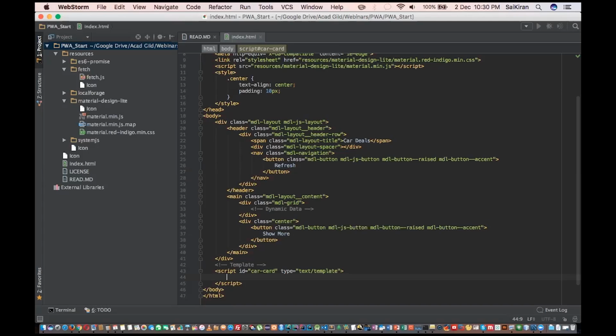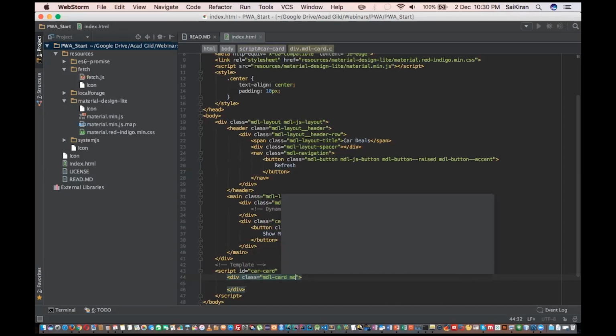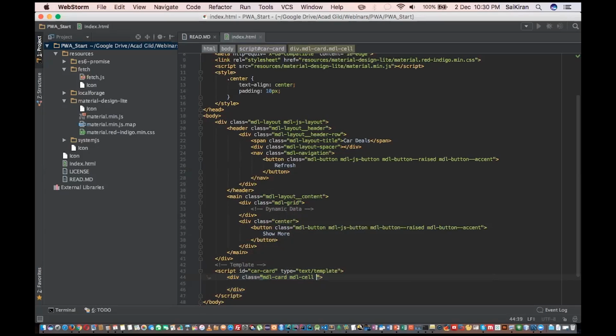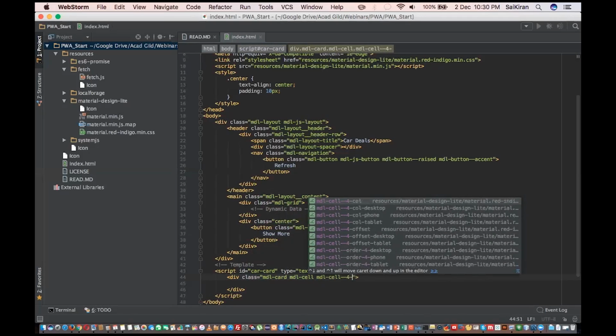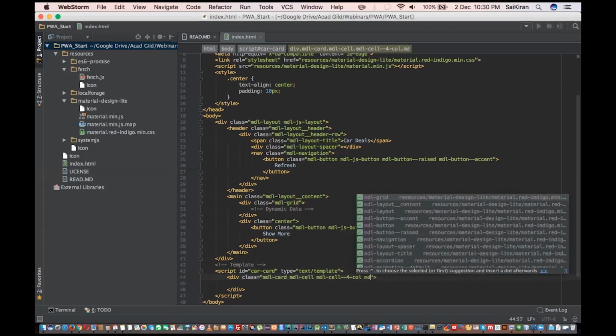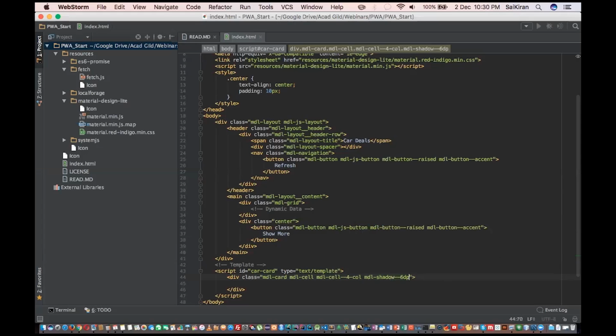Now, what I'm going to do is create a card type of structure in order to display each of the cards that I have. For that I'm going to take a div with a class called mdl-card, mdl-cell--4-col, and I'm going to add a shadow effect to this one of mdl-shadow--6dp. Okay, and also I'm going to put in,